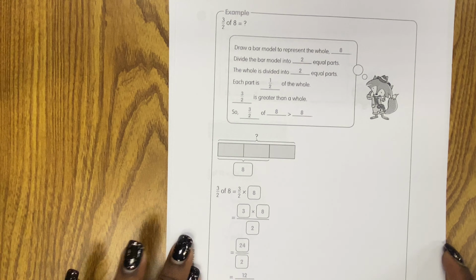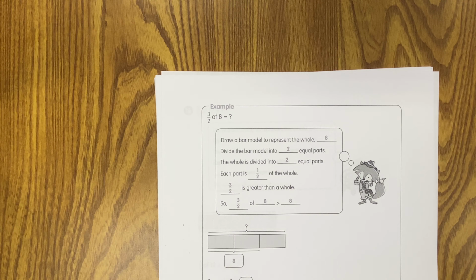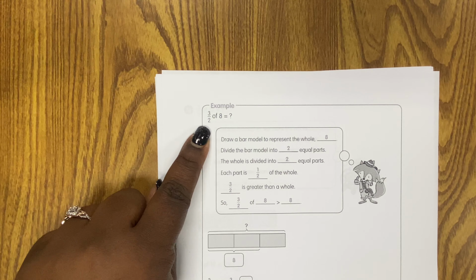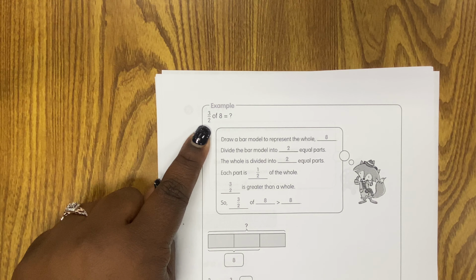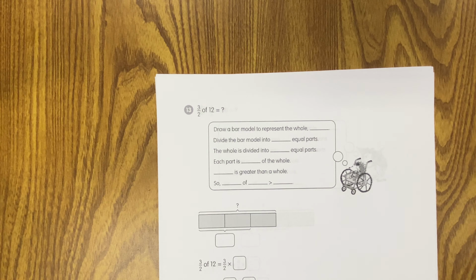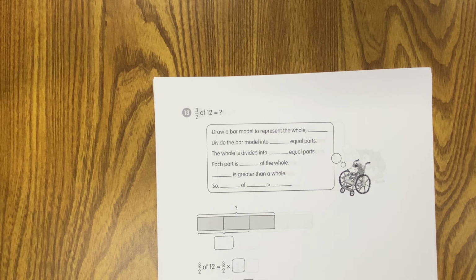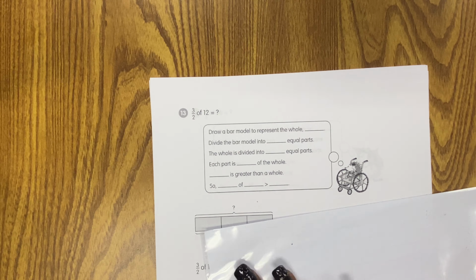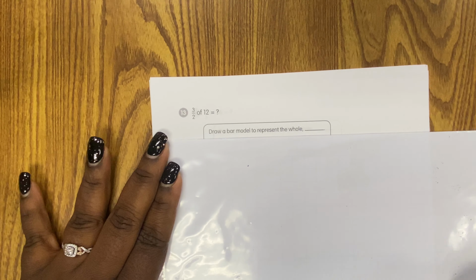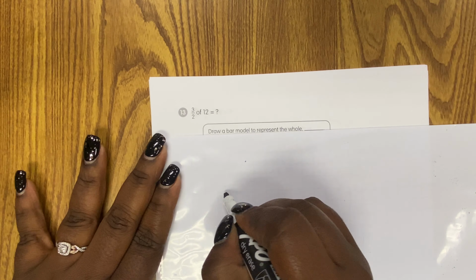So now let's talk about still finding a part of the whole, but this time we're going to be using a fraction greater than 1, or an improper fraction, fractions that are equal to or greater than 1. So let's start off with our first example, 3/2 of 12. So we are going to take our whole, which is 12,